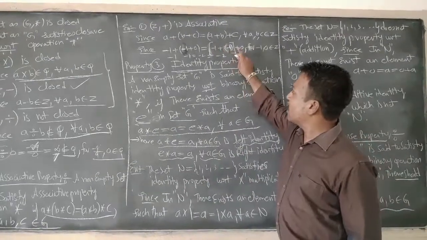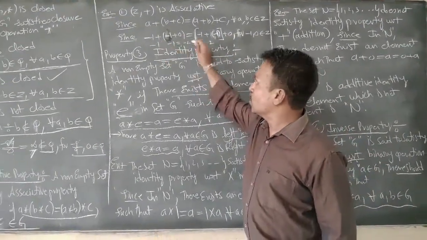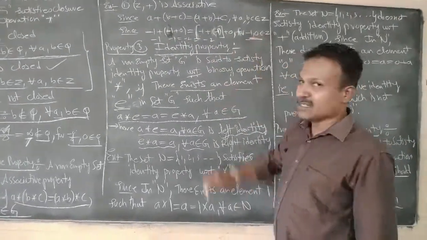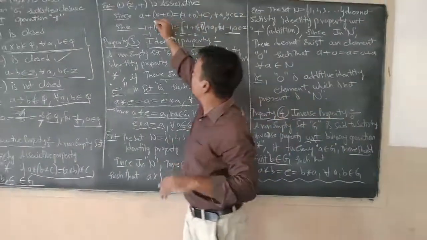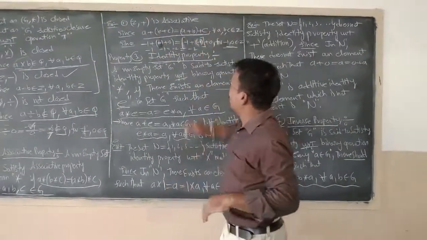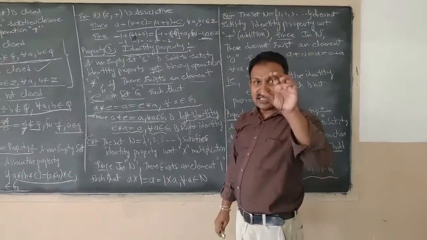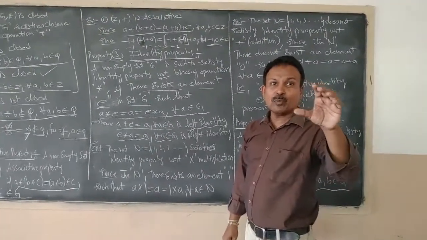So the right hand side calculation also gives -2 and the left side calculation also gives -2. Therefore, for any three integers, if these three integers are substituted in this condition, A plus (B plus C) is equal to (A plus B) plus C, and if it is equal, then we say that the set satisfies the associative property with respect